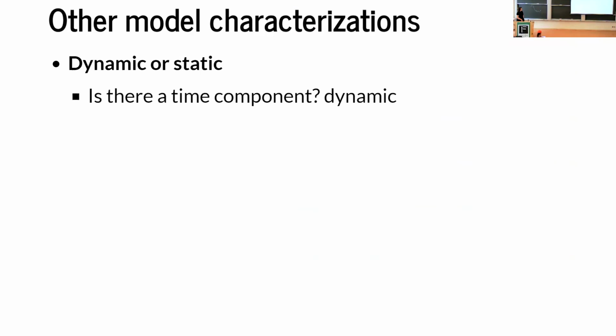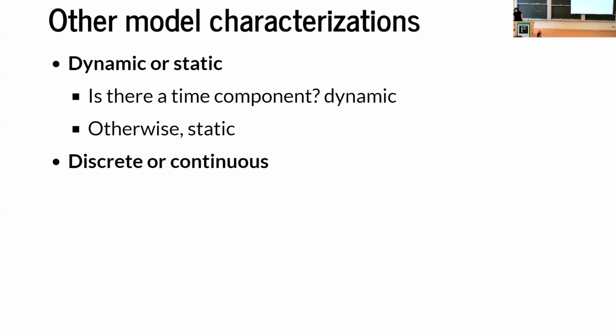So other ways to characterize models. So we have dynamic or static models. So dynamic models are if there's a time component, which in this course we'll definitely be dealing with, I think. Actually, I don't know that. I feel like most of the case studies have some kind of time component. Awesome. But there's also static modeling. Like, a linear regression is an example of a static model. We've taken a snapshot of observations and we've modeled them.